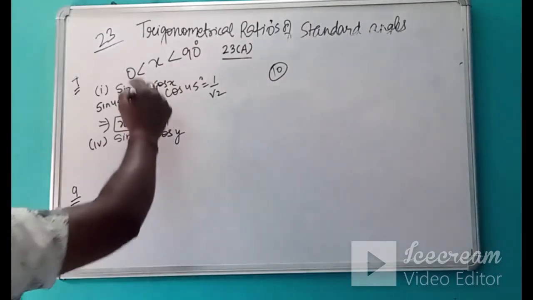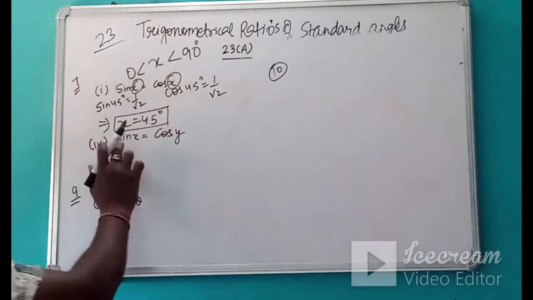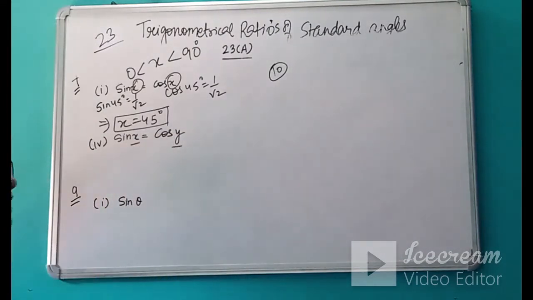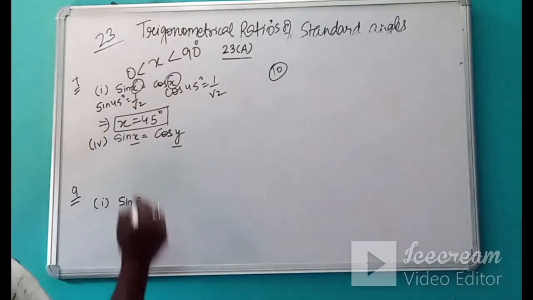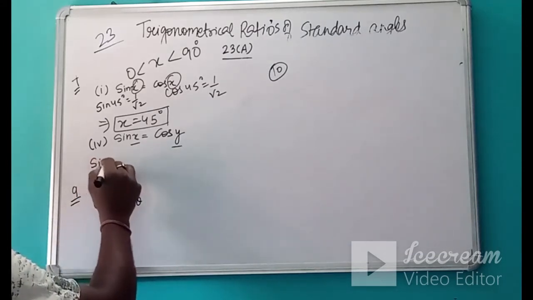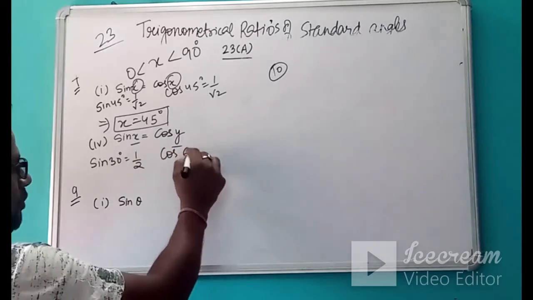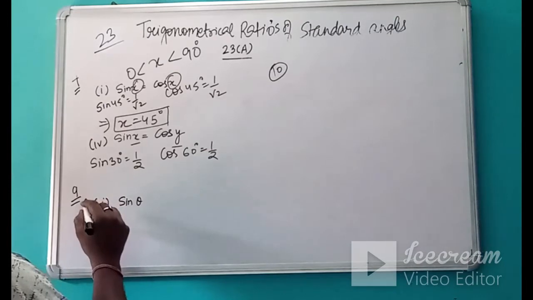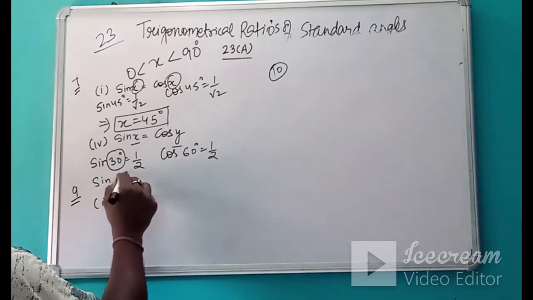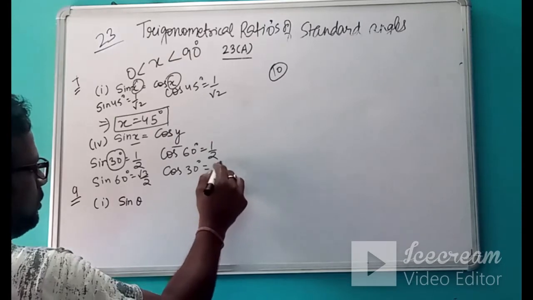Okay, so this x should be the same, and what is the value of x? 45. Now in this question, what is given? Sin x equals cos y, but in this, these two angles are different. See, this is x, this is y. So we have to look for the angles at which these two are equal but the angles are different. If you remember, sin 30 degrees was 1 by 2 and cos 60 degrees was also 1 by 2. So if you see carefully, or you can write, sin 60 degrees was root 3 by 2 and cos 30 degrees is equal to root 3 by 2.